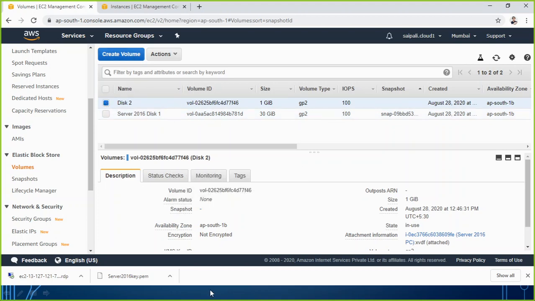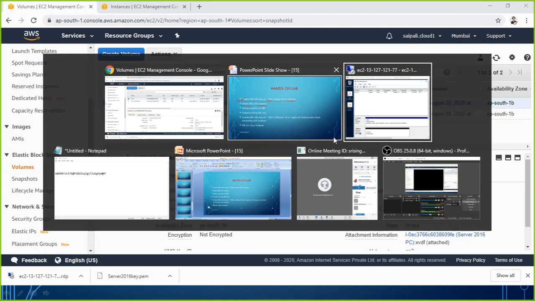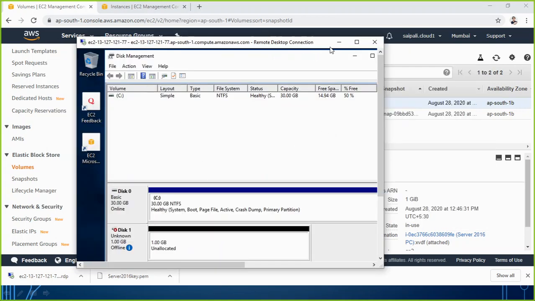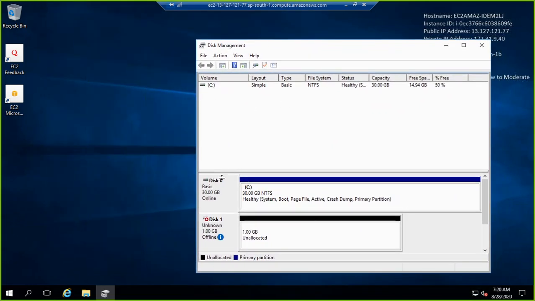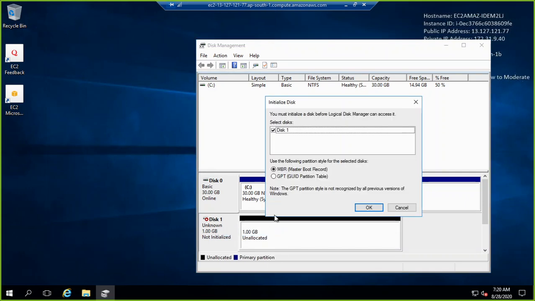So let's try to see on that machine. Here you see, when you go to this machine, Server 2016, you are able to see now there are two hard disks, one with 30 GB which was there before, and another one is attached, that is 1 GB. Now to use it, because it is just attached, when you attach a new hard disk, the first thing you have to do is make it online. The second task is to right click, initialize, by choosing the type of partition style. So I will go with maybe MBR, master boot record.